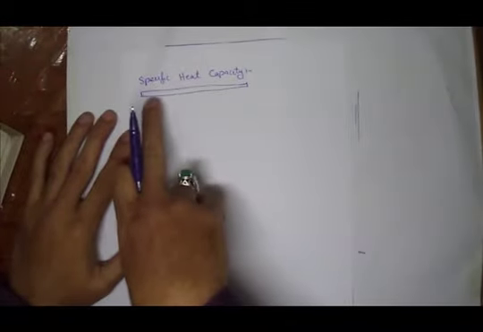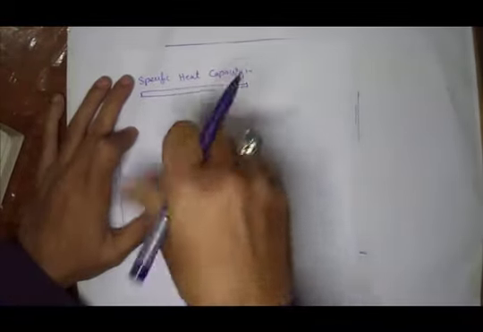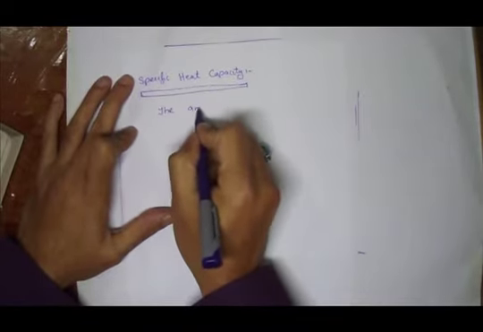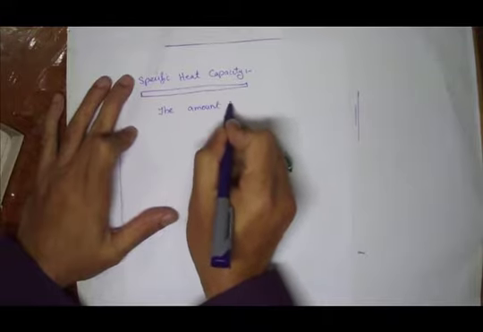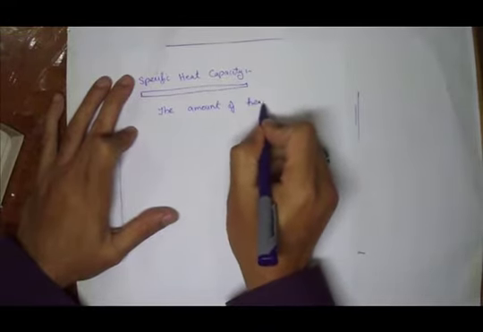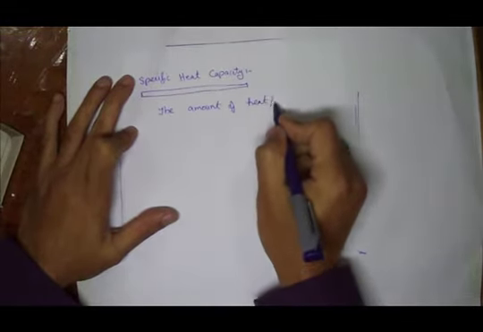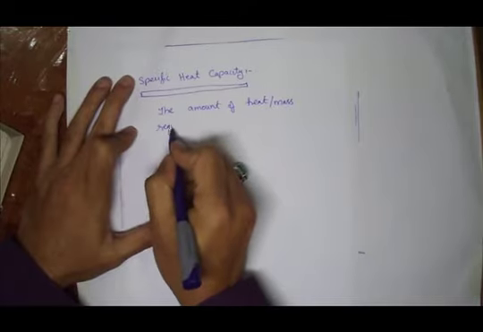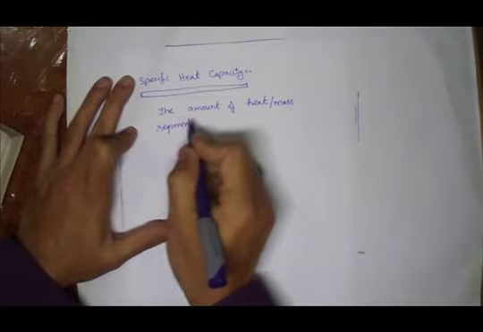So what is specific heat capacity? Specific heat capacity is the amount of heat per unit mass required